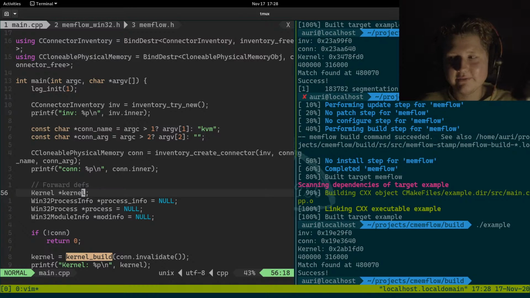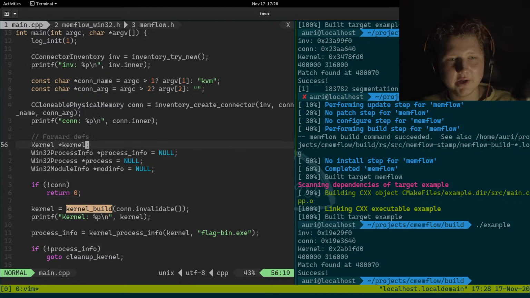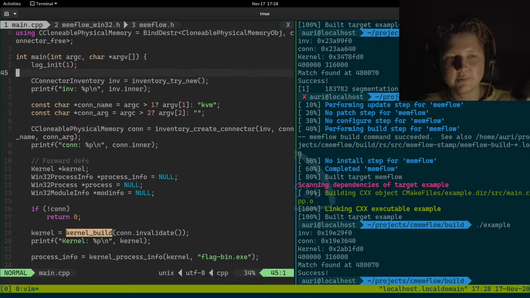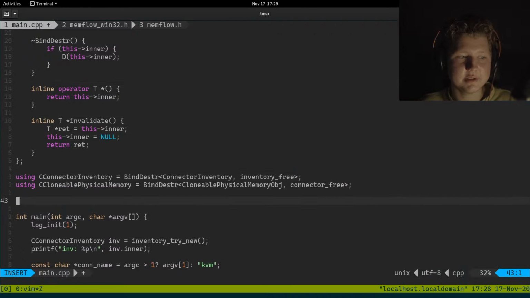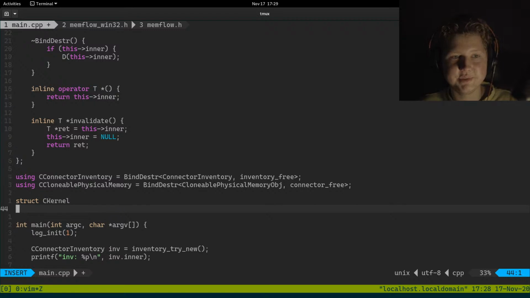Now this is the interesting thing. Right now kernel has a particular function which is kernel build. So we probably want to have the build function associated with the kernel, you know, you get what I mean. So what we're gonna do is create a class, which is struct ckernel, and it's gonna just inherit